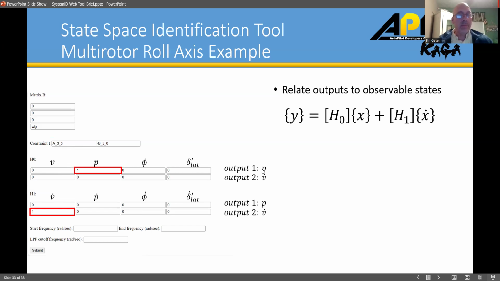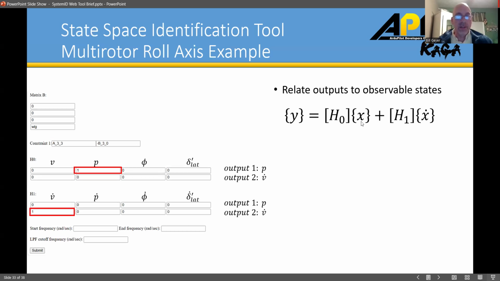And the outputs that you're observing are, we specified, roll rate and lateral acceleration. Well, remember, H0 is to relate the observed variables to the states